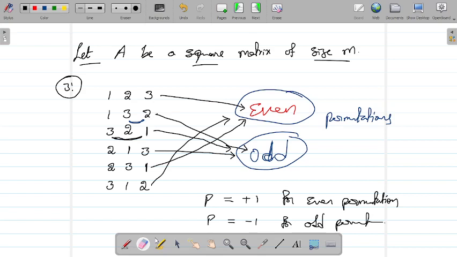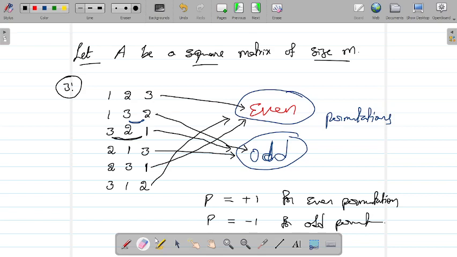Now I'm going to write the permuted numbers, the permutations. So 1, 2, 3. Let me fix 1 and change these two, that is 1, 3, 2. So this is an odd permutation, so you get minus here. Next one. This time I'll fix 2, A22, and then 3 and 1. So this is an odd permutation, so minus. Next, this time I'll fix 3 and interchange these two. So this is an odd permutation, so minus.